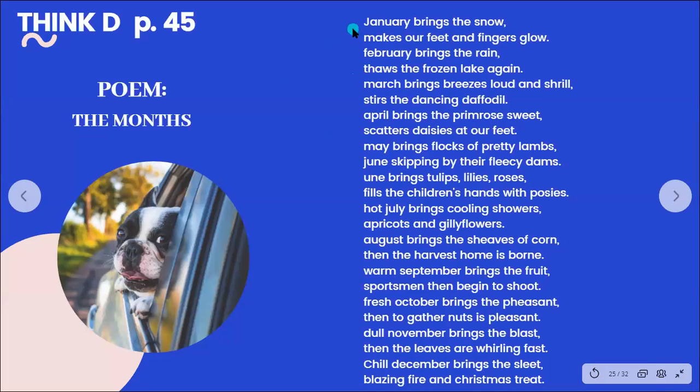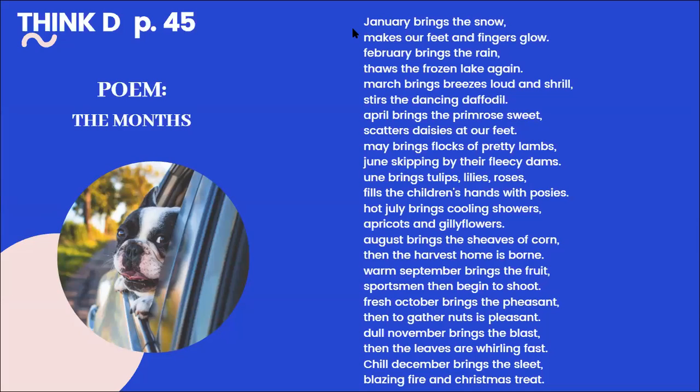January brings the snow, makes our feet and fingers glow. February brings the rain, thaws the frozen lake again. March brings breezes loud and shrill, the steers the dancing daffodil. April brings the primrose sweet, scatters daisies at our feet. May brings flocks of pretty lambs, June is skipping by the fleecy dams. June brings